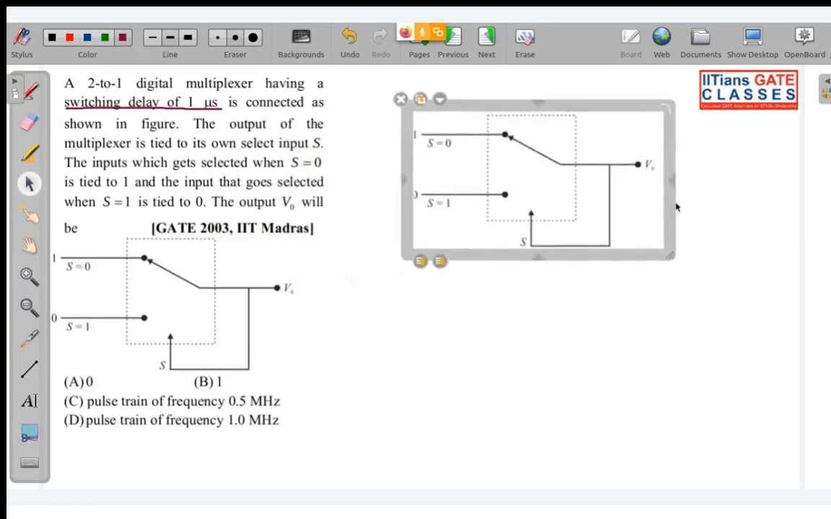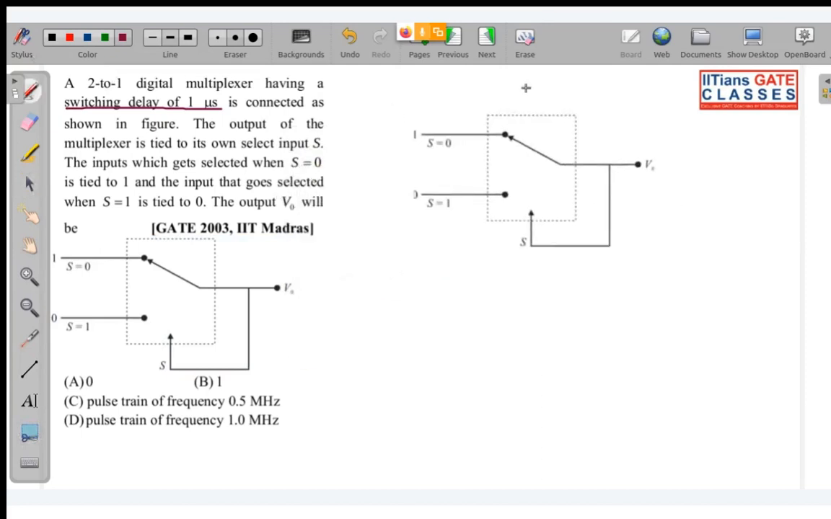Case 1: when S is equal to 0, this line S0 is selected, so this input line will be connected to V0. Now you can see V0 is equal to 1. And this V0 is shorted to S. So S becomes 1. But